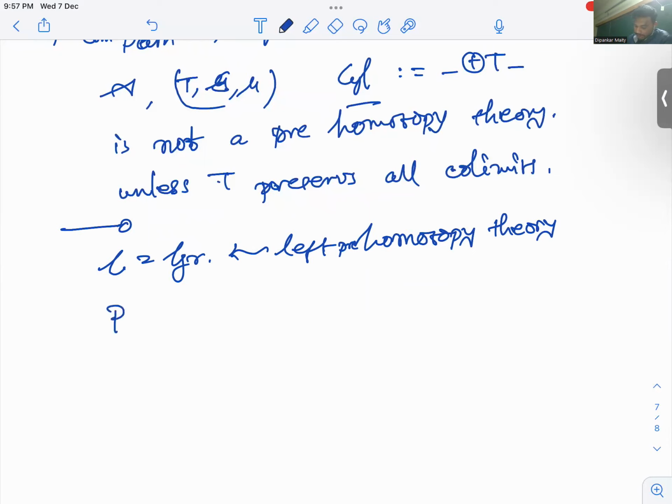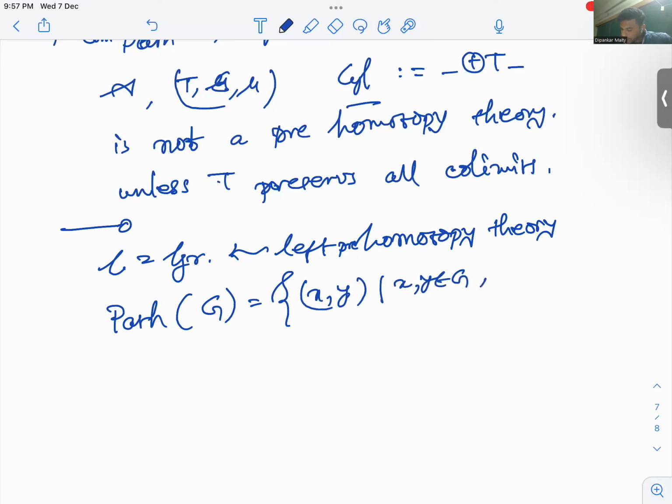The path structure is the following. If G is a group, the path structure on G is the collection of all pairs x, y,